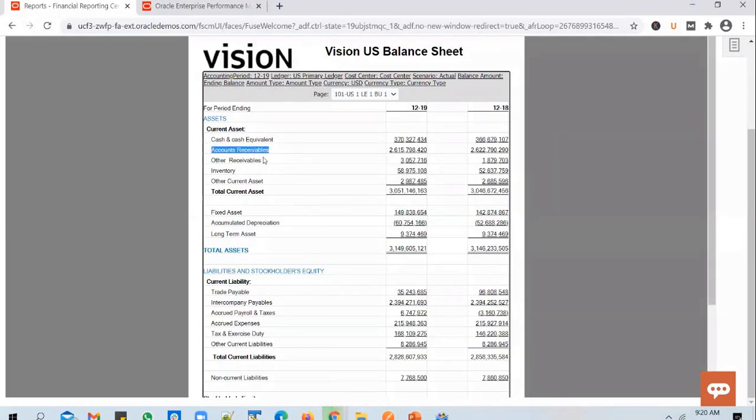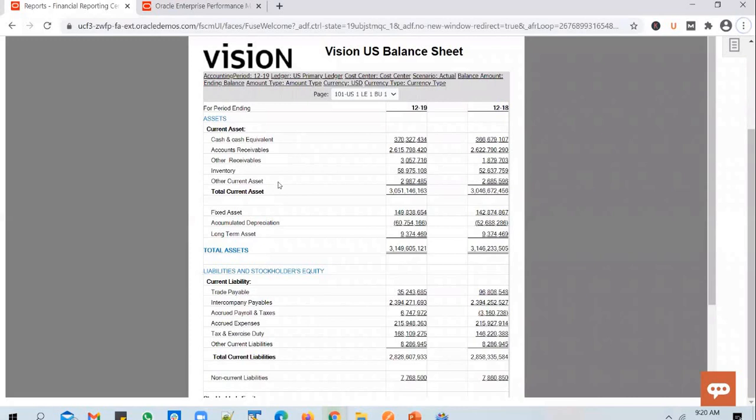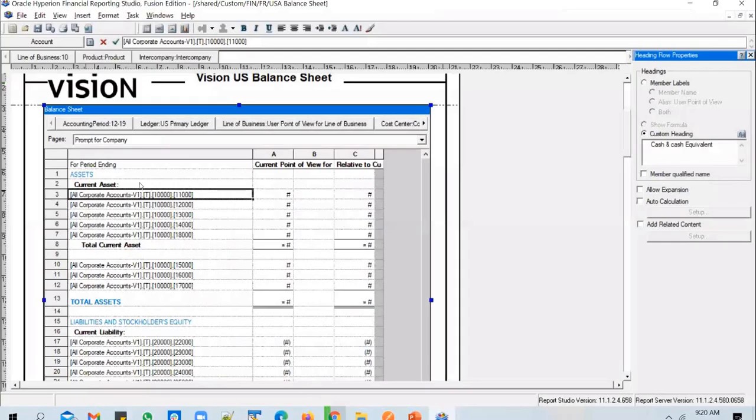So for this accounts receivable, even though we are seeing a static text here, we know that there is an account number called 12,000 used in the background. And what you're seeing here is the balance of account 12,000 pulled from the Essbase cube. Okay, that's about the rows. And in an FRS report, you can have three types of rows.